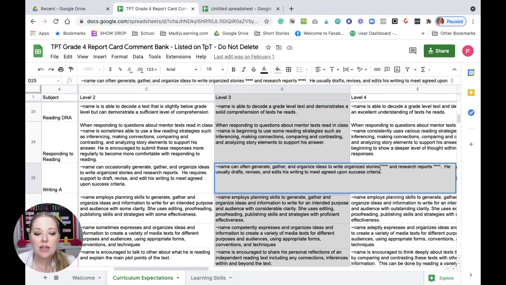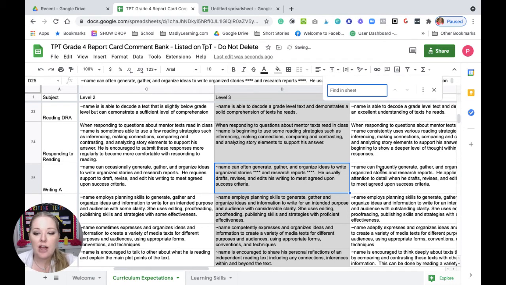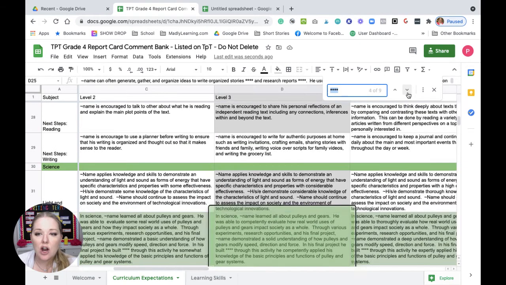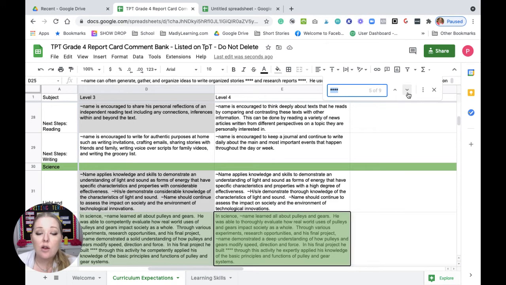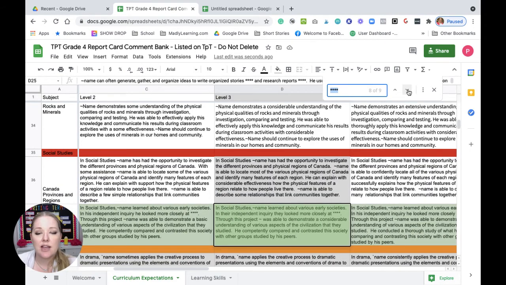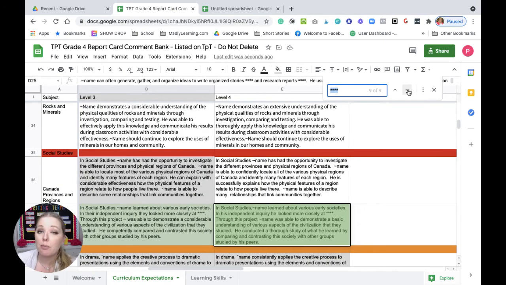So if I use a Command F function to find, I simply select the 4 stars that I'm looking for, and it will pull all of the examples where I have used the 4 stars as an indicator for where I want specific student samples in my comments. So I've used them in science and social studies because they're often doing projects. So I actually want to make sure that my comment is using the specific product that they made in their project, and that's how I make it customizable.